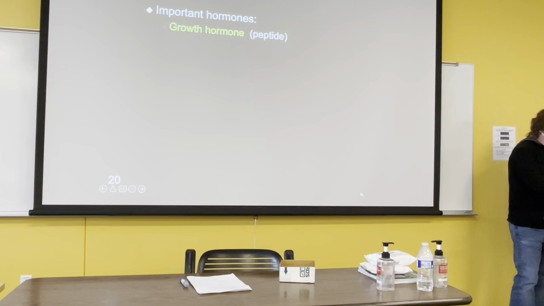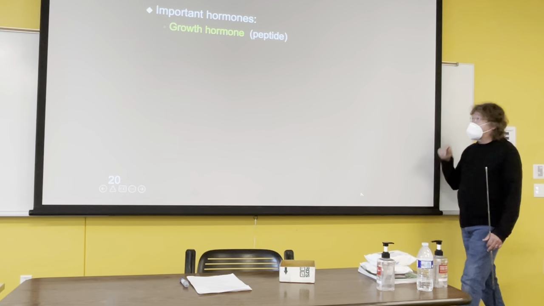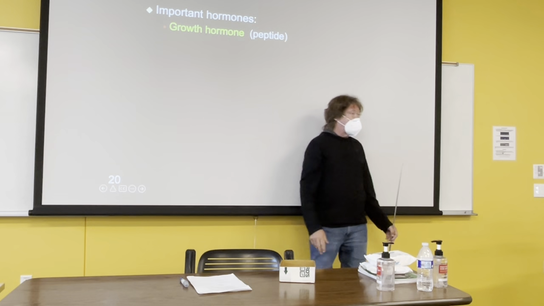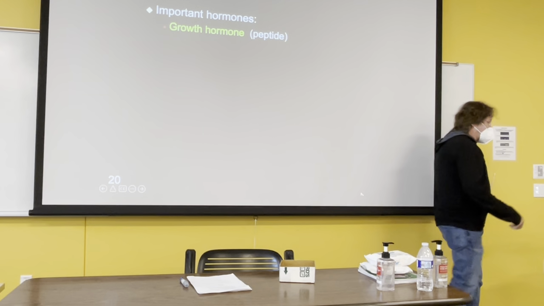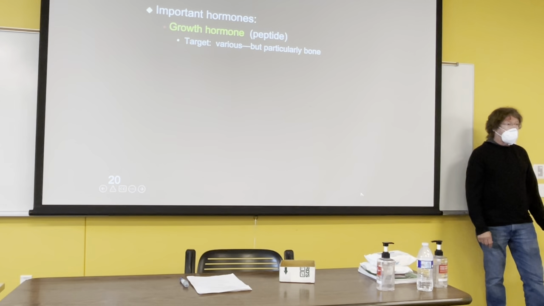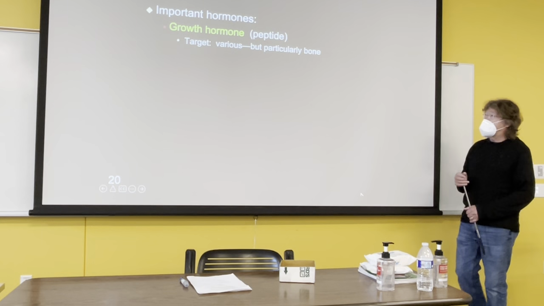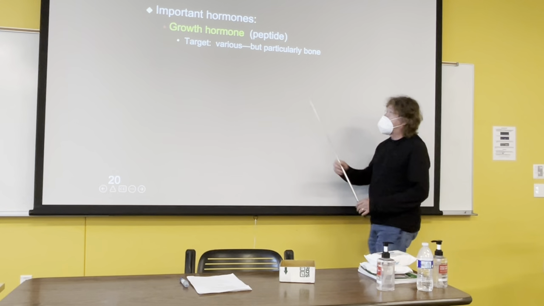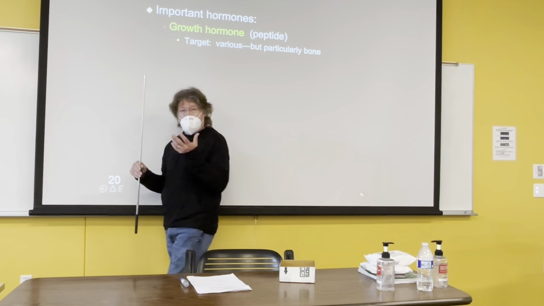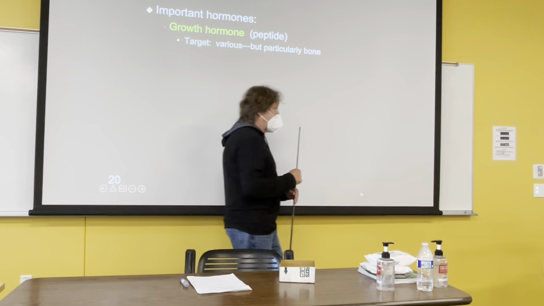Anterior pituitary. It produces quite a few, and I'm only going to talk about some of them. One of them is, once again, a peptide, and this is called growth hormone. Very important in growing up. It has many targets in the body. It induces mitosis. It's very much involved with mitosis. So I'm not giving specific targets here, because it can affect muscle development and everything during growth, but bone is real important here. Bone and cartilage in particular.